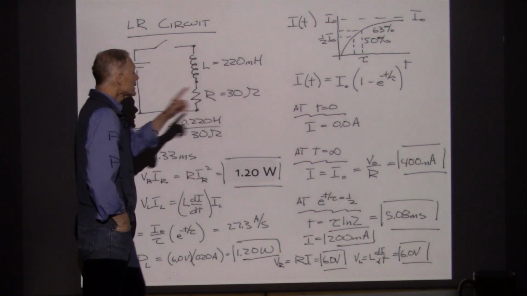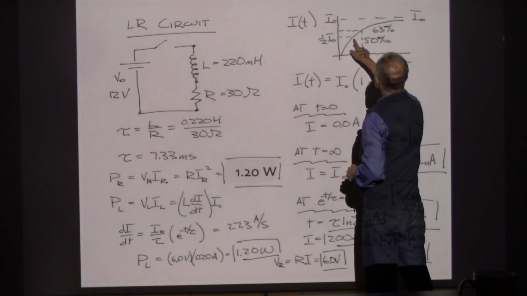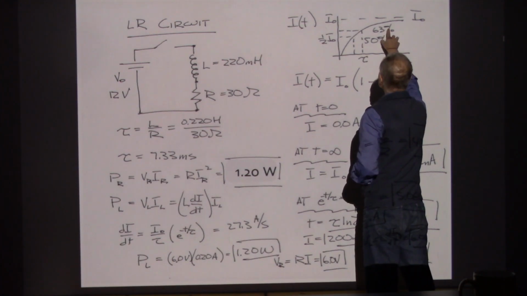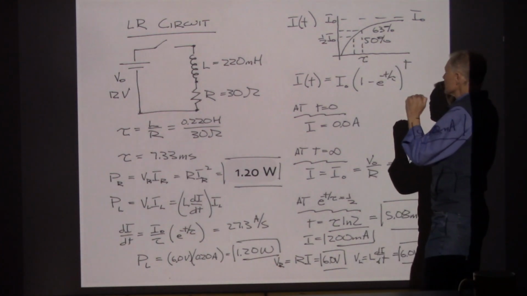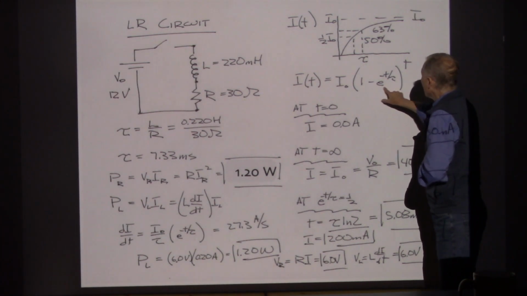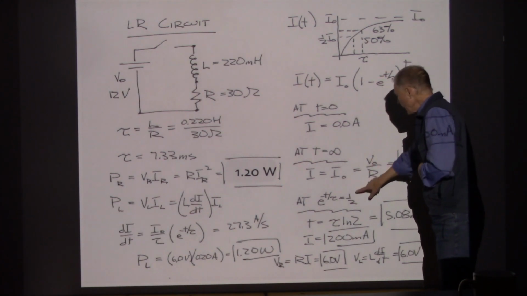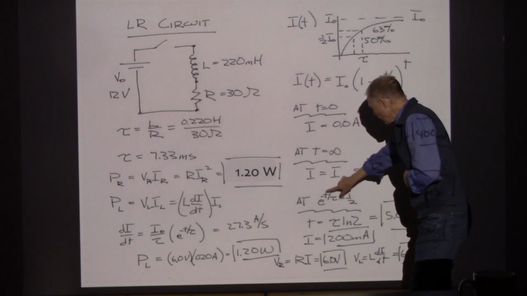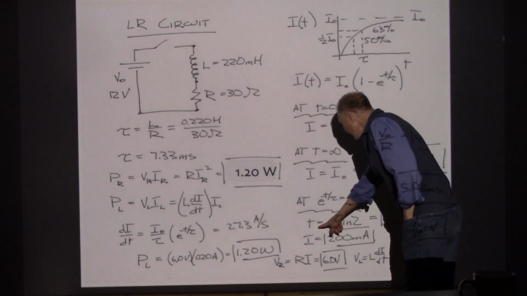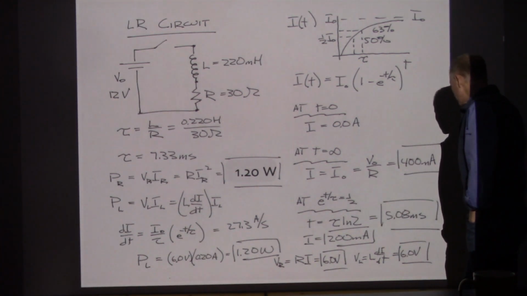First of all, here we go. The 50% level is here. So at 50%, which is less than 63%, it means less than one time constant has gone by. Now, to make this 1/2, I take e to the minus t over tau and set that equal to 1/2. So I can take the natural logarithm of both sides and multiply through by the time constant. And it says that the time we're looking for is tau times the ln of 2, and that is